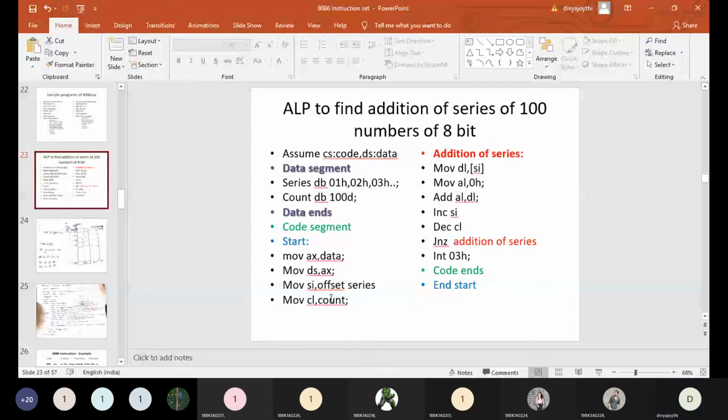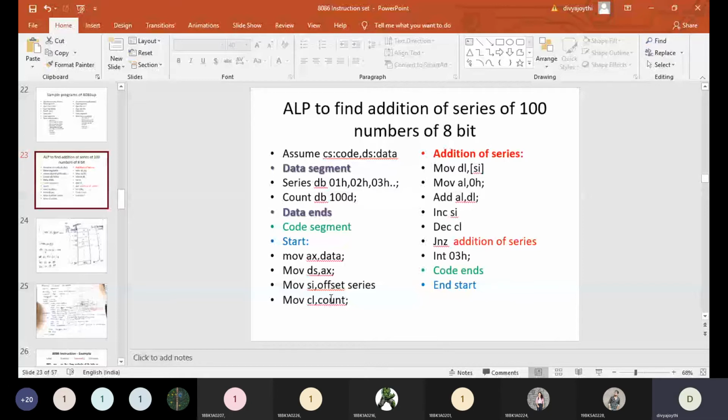So after the execution of these statements, SI will have the address 100, and CL will have a count of 100.